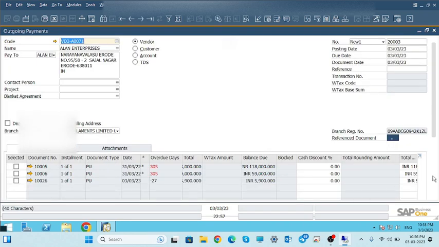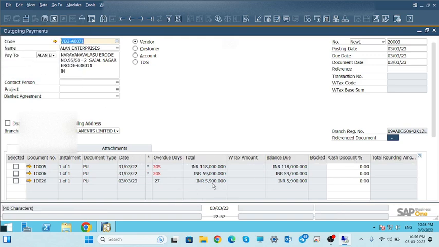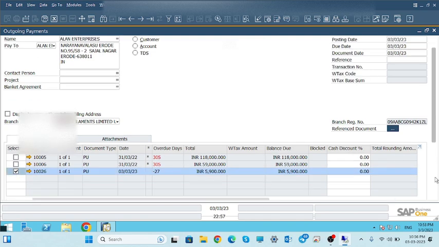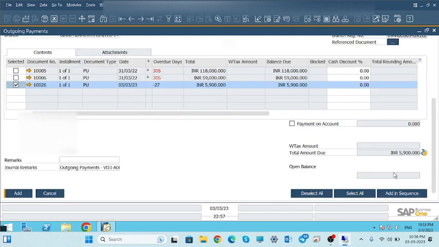You will get different types of bills here. So what is the present bill? The present bill is 5,900. So just select that bill. This one is 5,900. So select this one and you will see here, yeah. So this is the amount we have to pay as a job work charge. So just click on the payment means. This is the golden icon, known as payment means. So just click here